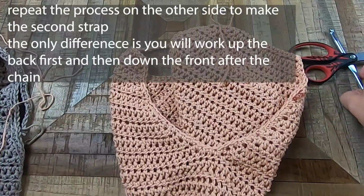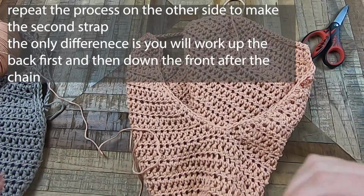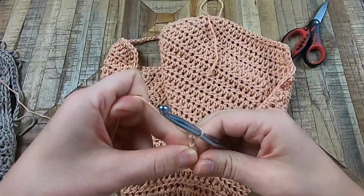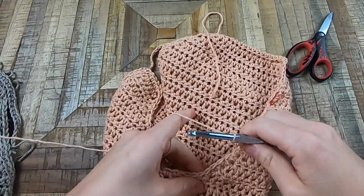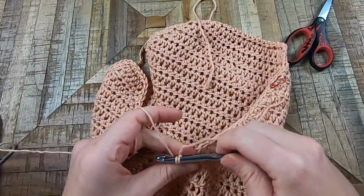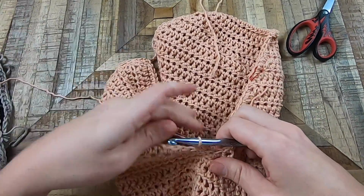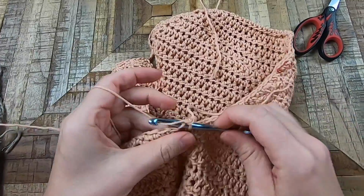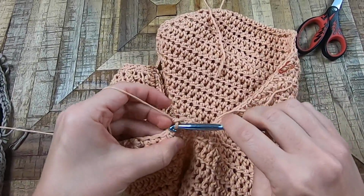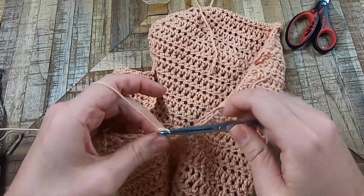So to make the strap on the other side, you're going to complete the exact same process. You're just going to be working in the other direction because you still want to be working on the right side of your work. So you're going to work up the back first this time. Again, just working in the back loop only so that it matches the other side. And you're just going to work up into the top corner in the back. You'll want to chain the exact same amount as you did for the other side and then come back down